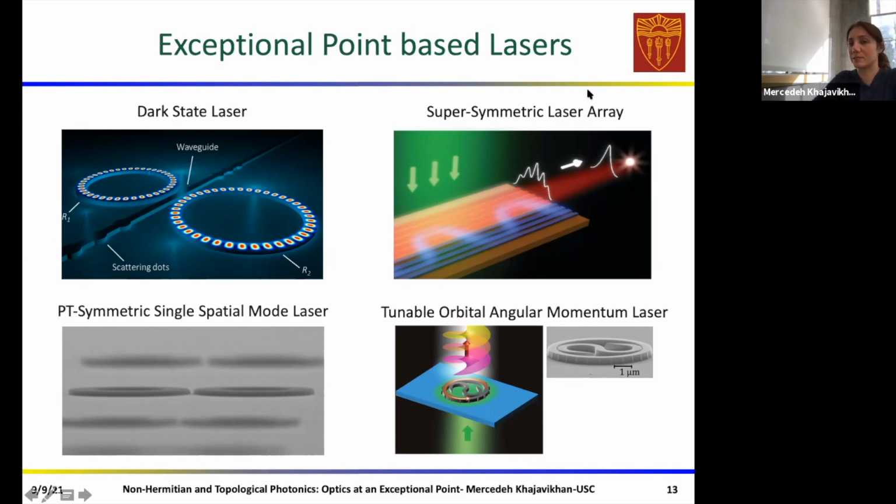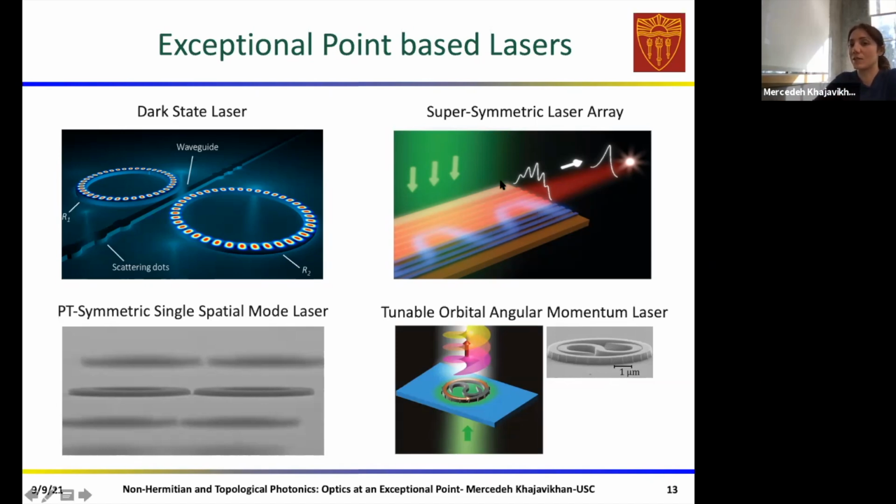And through this supersymmetric transformation, you can actually do this sort of design. And what we observed was, if we apply gain to one of the arrays, the main array, and loss to the supersymmetric partner, we can couple all the modes that they were matched to in the other array. And because they're coupled to the lossy waveguide, they would experience a lot of